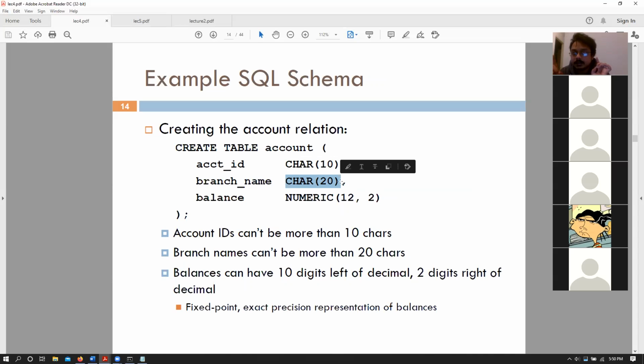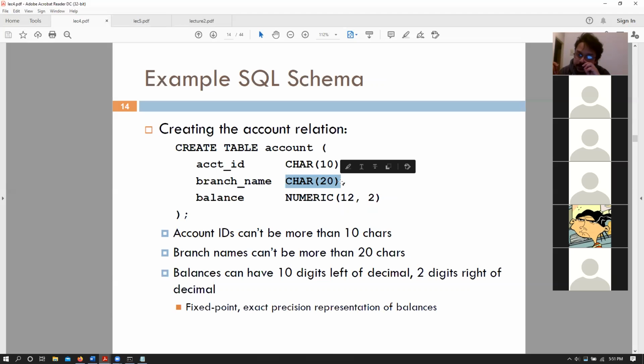Again, remember that our branch names can be of varying lengths, but it cannot be more than 20 characters. But since it's char 20, your system would still store 20 characters for every branch name. It would just pad out the remaining bytes.